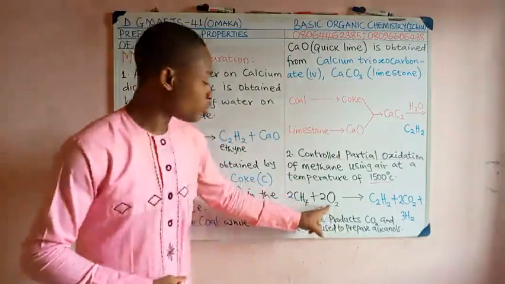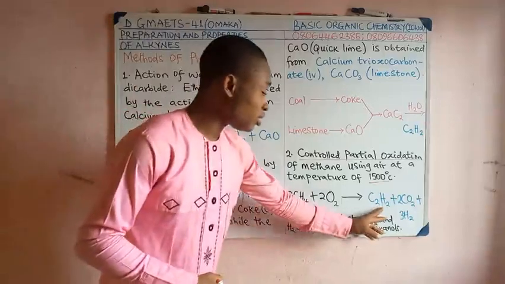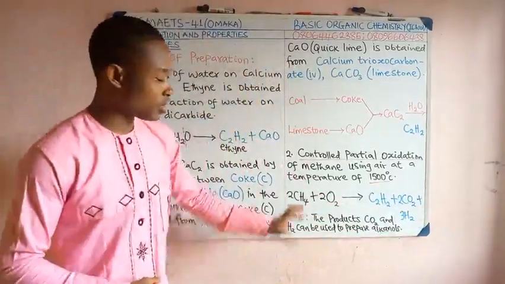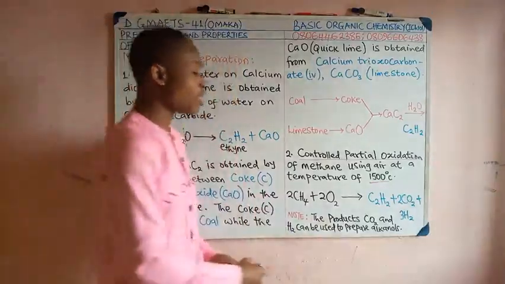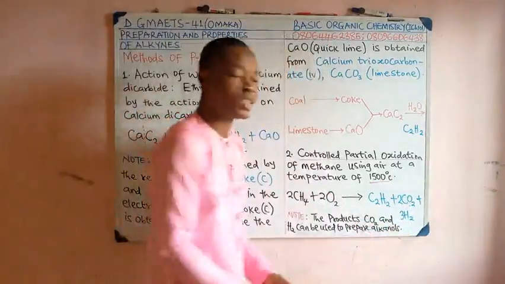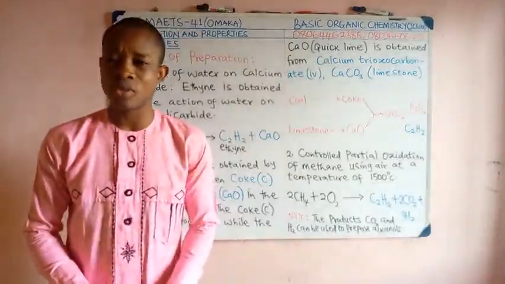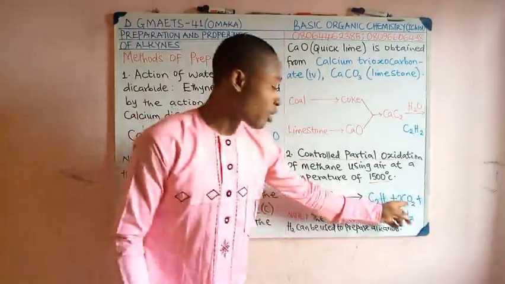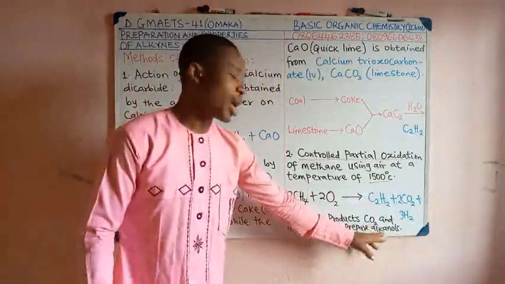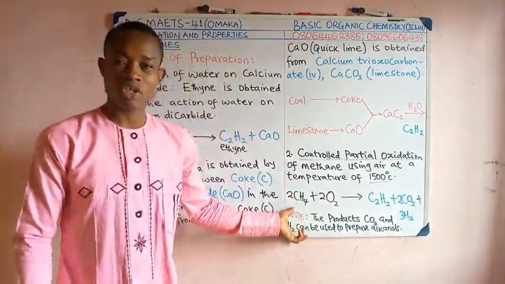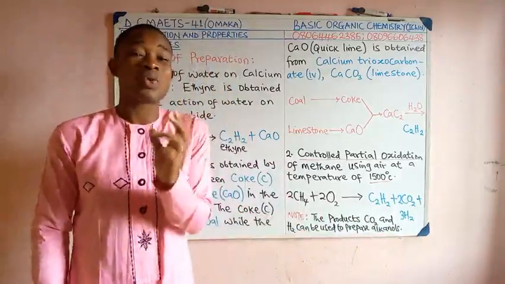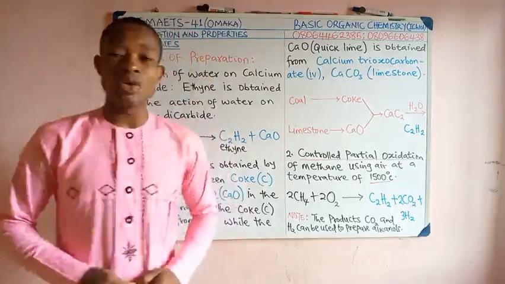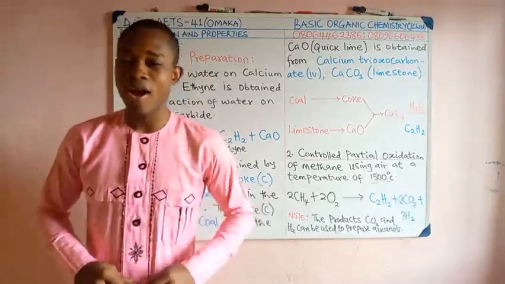So looking at this, the controlled partial oxidation of methane will give us ethyne here, and then carbon dioxide and hydrogen gas. Does that make sense? So you can just go through the reaction equation. Please take note that this carbon dioxide and hydrogen gas given off here is of economic importance. Alright? Very, very important, because the carbon dioxide and hydrogen can react to produce alkanols. So please give attention to this note, which simply means that alkanols can actually be prepared when carbon dioxide and hydrogen gas react. In the next video, we're going to look at the other method of preparing alkynes,